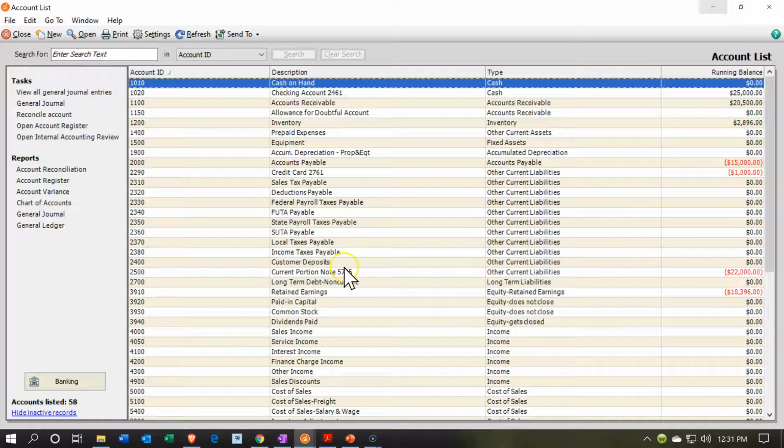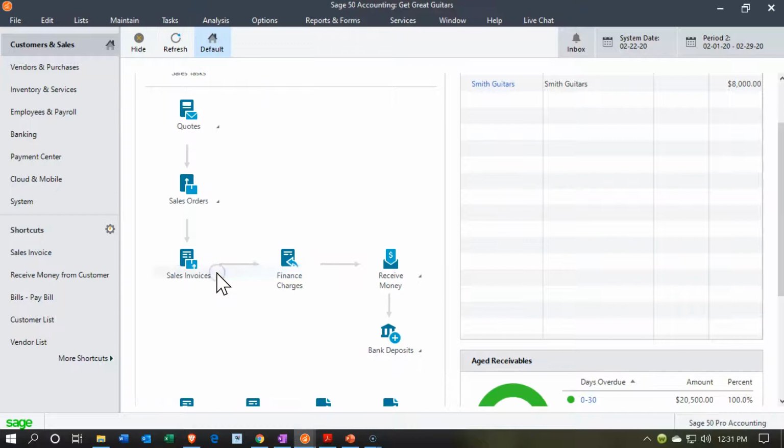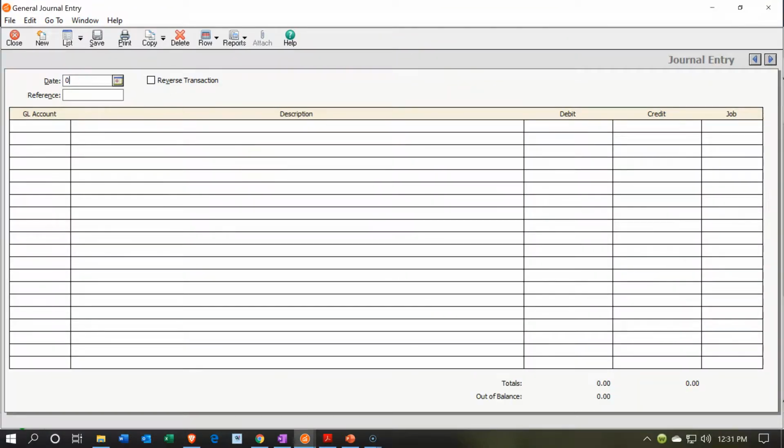Okay, so let's go back over. We're going to do that with a journal entry. So I'm going to minimize this, and then I'm going to go to the tasks drop down. We're going to go on down to the journal entry. So we're going to journal the general journal. And then we're going to be saying this is as of